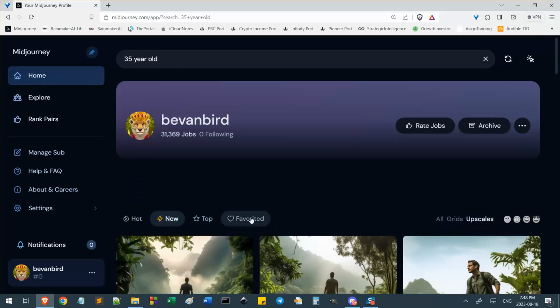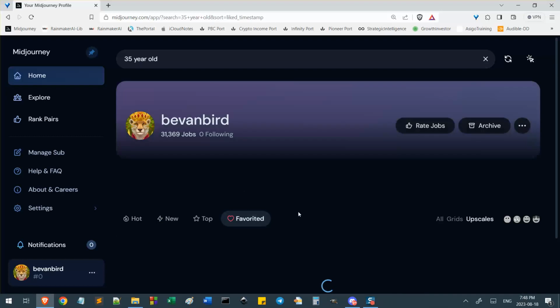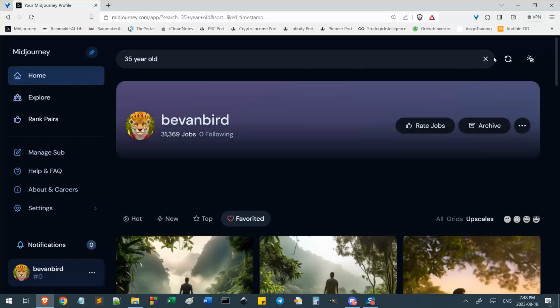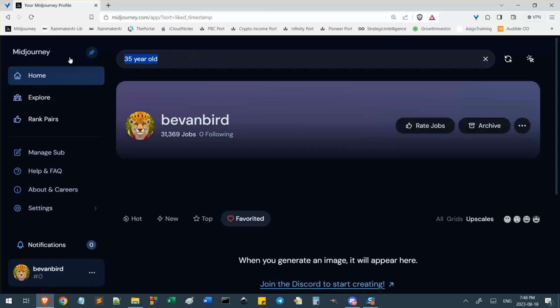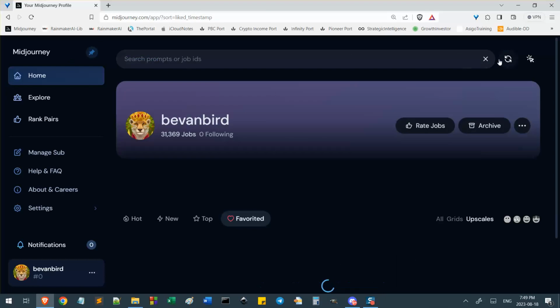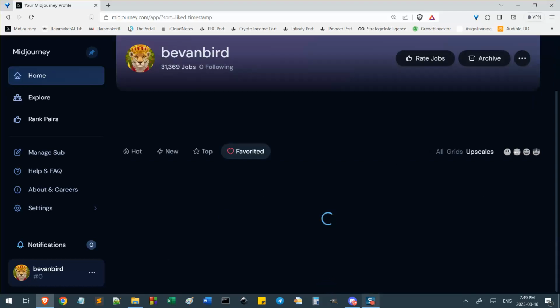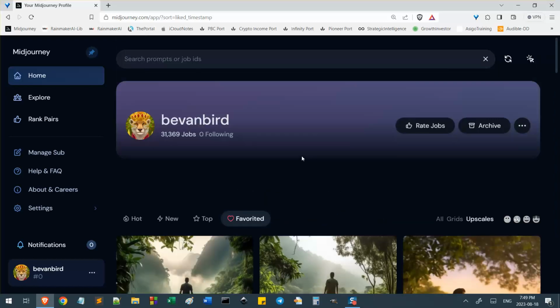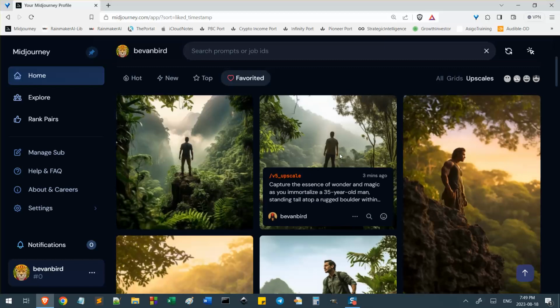If we look at this and the favorited ones and upscales, we can search, but we also don't have to, because this was the only thing. It doesn't matter what it says in the prompt, right? It's just the latest things that I've favorited, and we will see them there. Okay, and I clicked refresh again at a certain point because it wasn't working. I gave it some time and clicked refresh, and it does work. So now you can see these here.